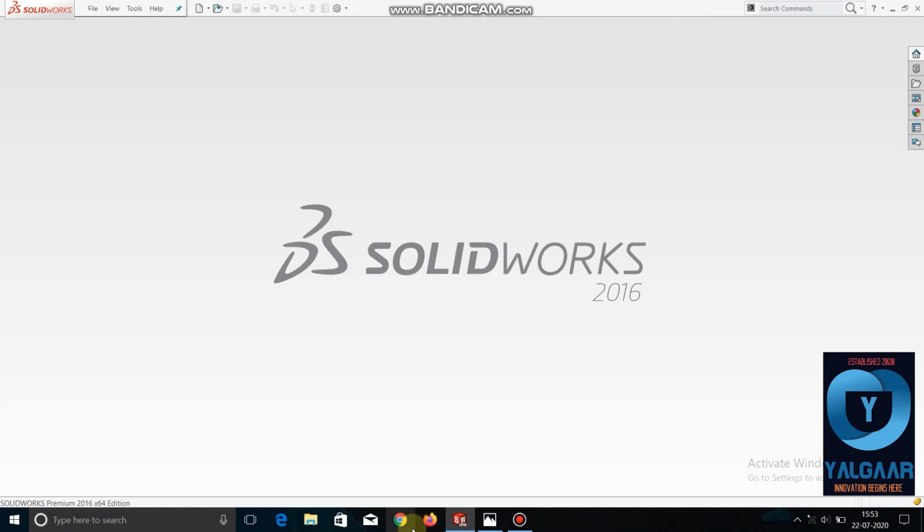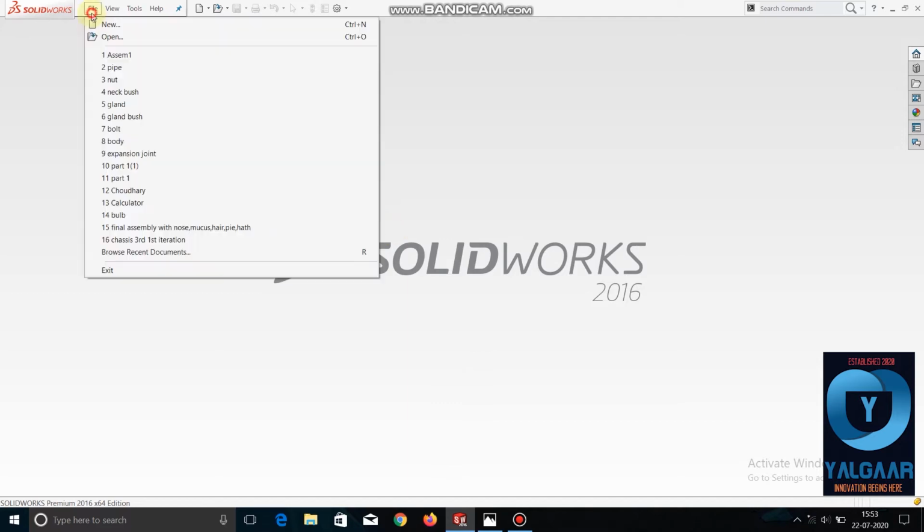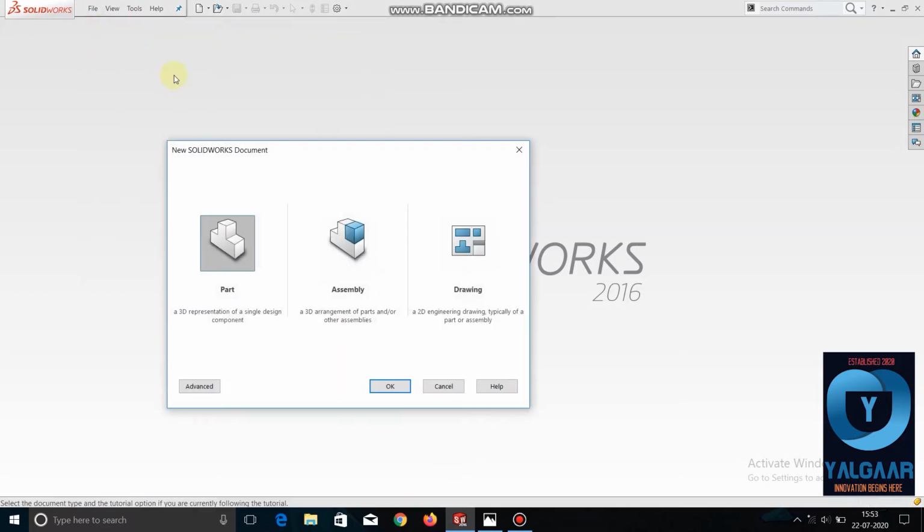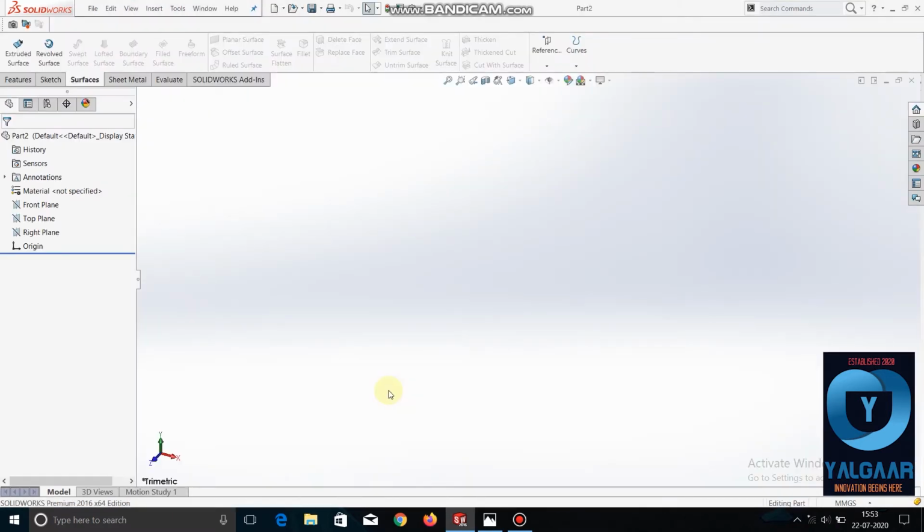Today we are going to study surface modeling in SolidWorks. Like usual, we have to open the file and select the part. It's nearly like part modeling, but you can do anything in surfacing. You can do any intricate shapes in surfacing. There will not be much to explain in this surfacing part, but we will study the basics of surfacing, and we will have one example.